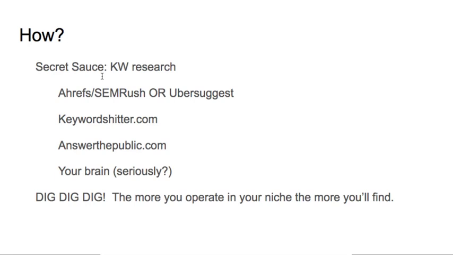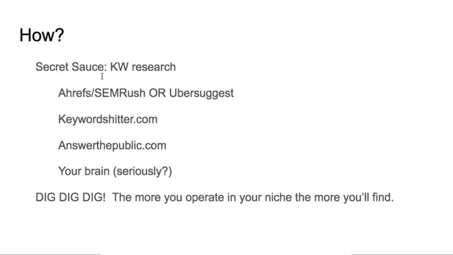Your brain. This comes down to, seriously, when you're fleshing out a cluster of articles or a silo, whatever you want to call it, use your brain and think about other topics. It's interesting, I will find, let's say, 5 keywords within a topic, and they're all related. They're good. I'm going to do it. But then new ones come to me. It's like, oh, I could cover that. Oh, and I could do that. And sometimes I'll search in Ahrefs to see if there's search volume. Sometimes I won't. If it makes sense for the audience, I'm going to publish it. For me, it just makes sense.